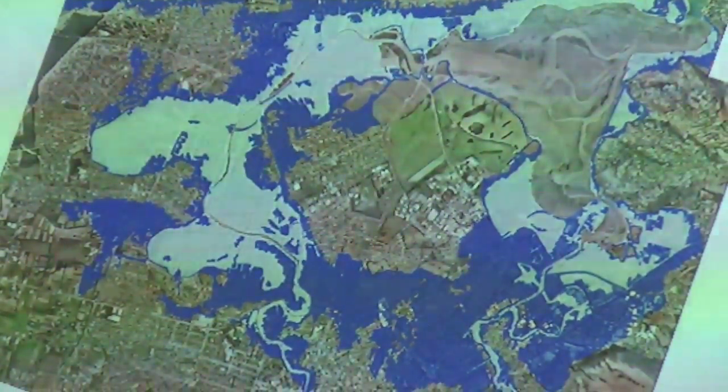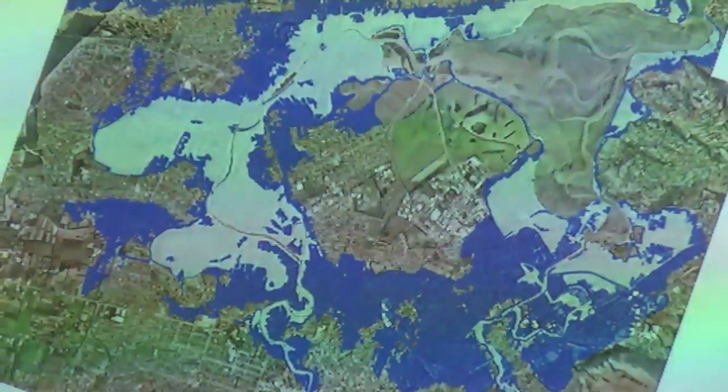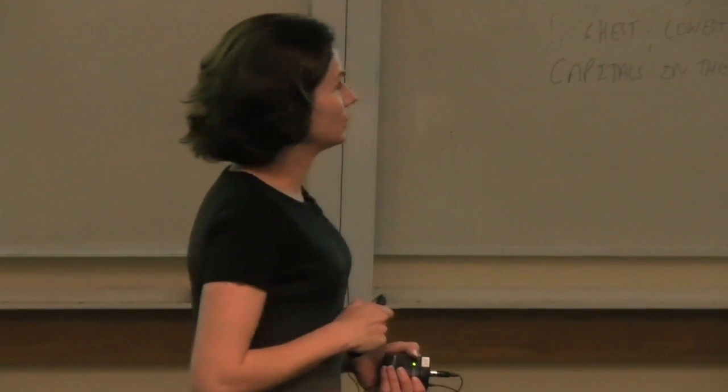Now this is a very, very simple model. It doesn't take all of the geomorphic responses into account. It's just a sort of snapshot, first look at what we think sea level rise could do to our river shorelines. So if you didn't think sea level rise was a river problem, hopefully you will now consider it like that.